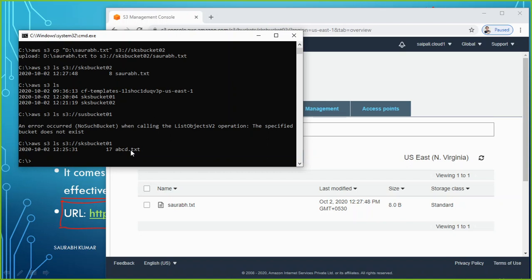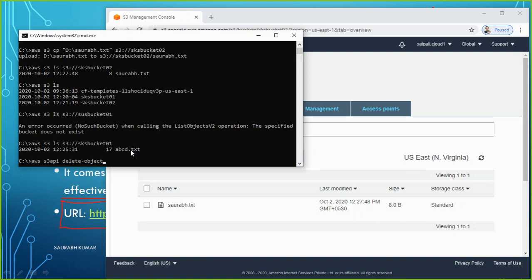Now if you want to delete the bucket, what will the command be? First, if you want to delete a specific object, maybe I want to delete that abcd.txt file from my SKS bucket 01. So what will be the command? I will use the command aws s3api delete-object.